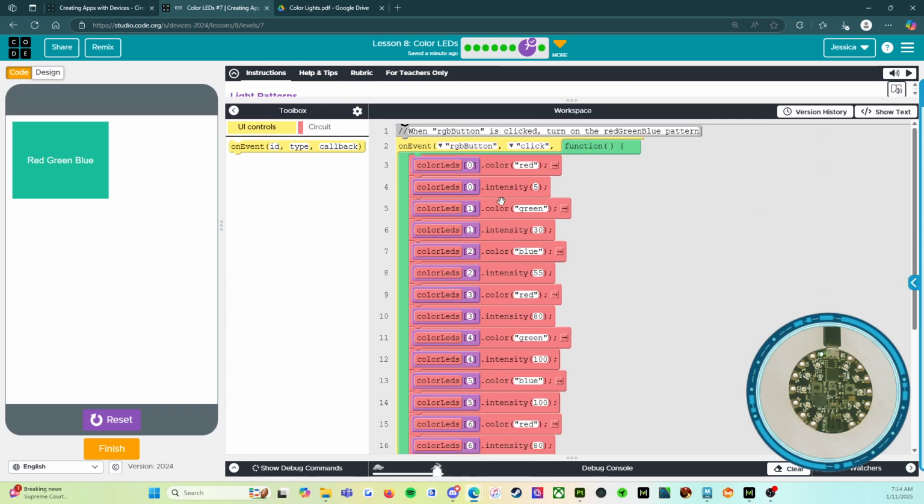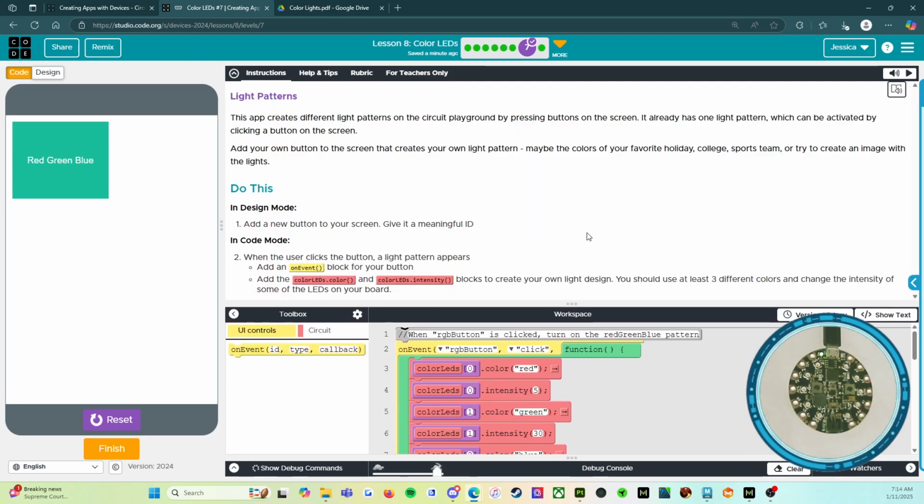All right. So, hints and tips and tricks. So again, the first hint is make sure you do at least 3 different colors and change the intensity. If you don't change the color and the intensity of some of the LEDs, then again, you cannot get your full points. The other thing is when they're saying you have to design a new button on your screen, you're